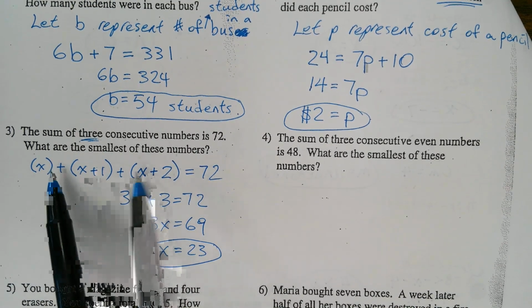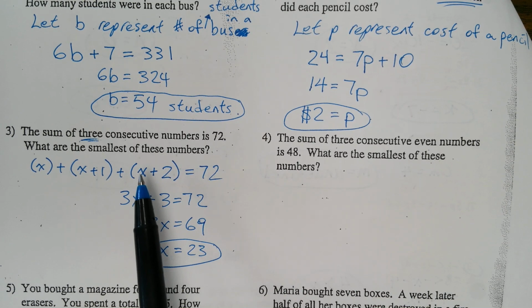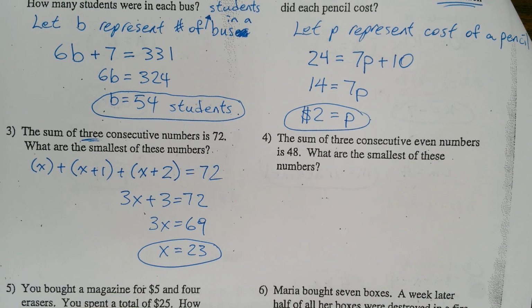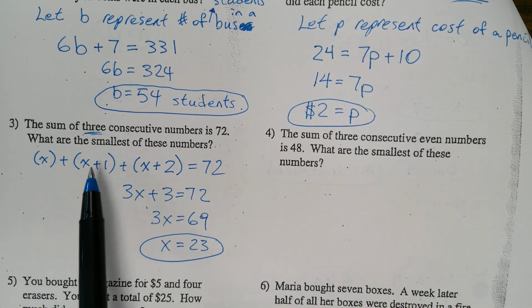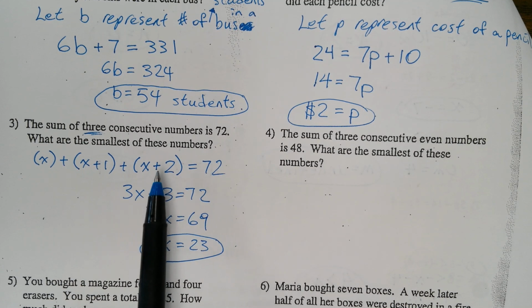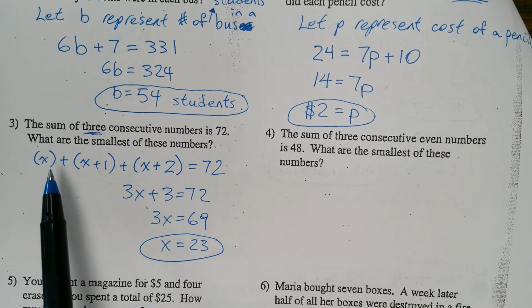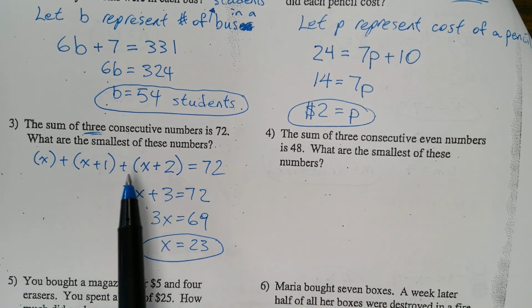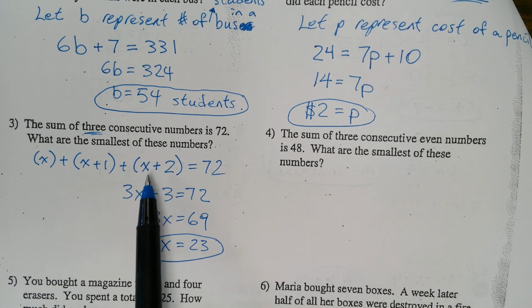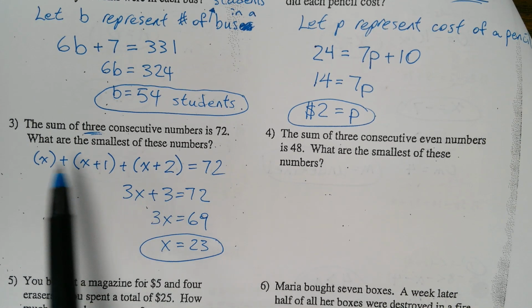Is x plus 1, x plus 2 the only 3 consecutive numbers? No, but that's the easiest. Yeah, what's another way that I could? So I could have x plus 1, x minus 1, or x minus 1, x minus 2. Yeah, so you could,